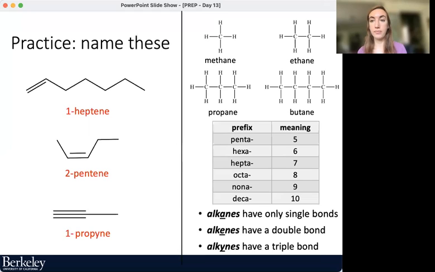Wait, is the third one 2 carbons or 1 carbon? The third one is 3 carbons. So there's 1, 2 on either side of the triple bond, and then this is a single bond. So there's a third carbon here. Oh, okay. So wherever there's a bond, there needs to be a carbon on both ends of that